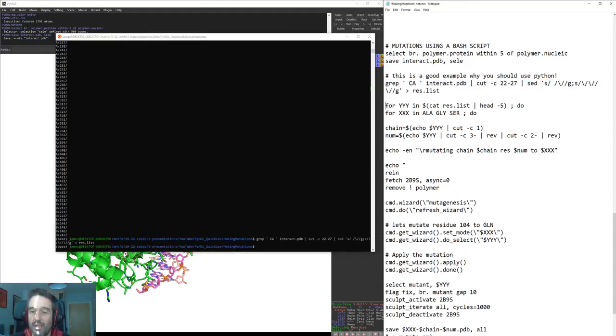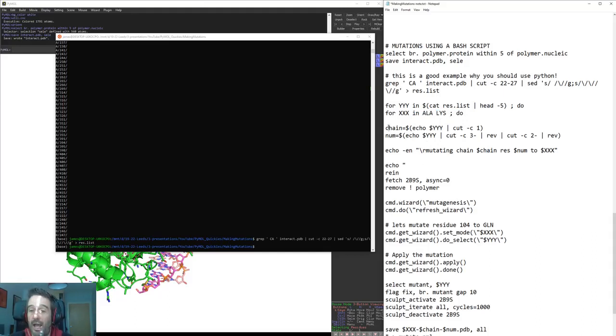Now we're going to make a loop for each of our entries in our residue list, just to save a bit of time, because otherwise it'd be very boring. I'm actually just going to crop that, so we're going to look at the top 5 residues there. And then we're going to have our mutant residues, which are going to be either an alanine and, let's just say, a lysine. So this would essentially be doing an alanine scan and a lysine scan across all of the residues that contact our